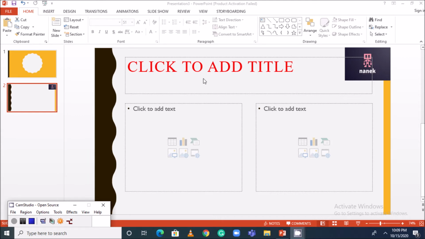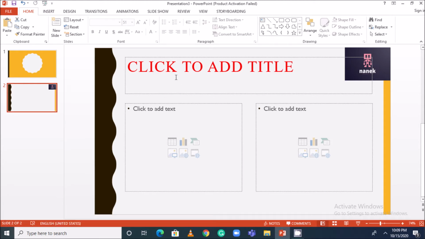Here also we can see these changes. Now the title area of this slide is red and Times New Roman, and you can see the logo also. If I insert another new slide, here also you can see the title area in red and Times New Roman and the logo.